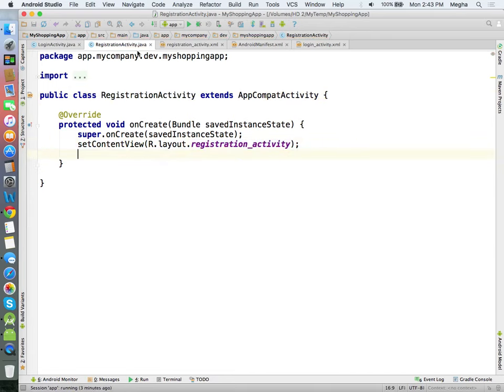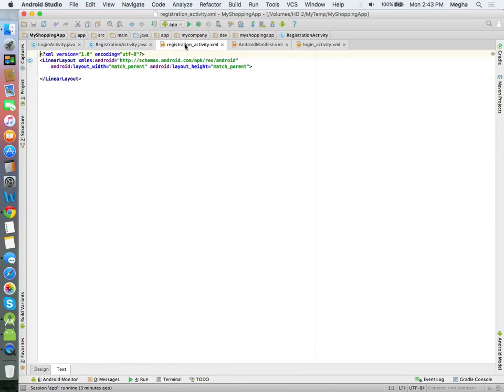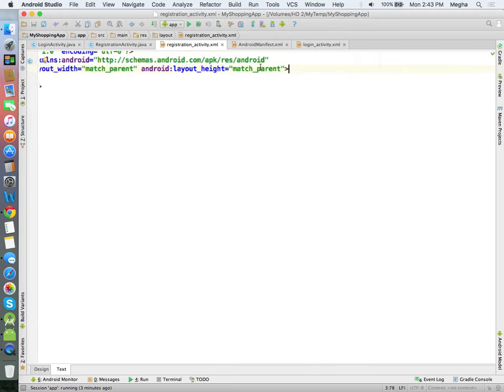So we have a registration activity which is just created. Let us add a longer form here now.